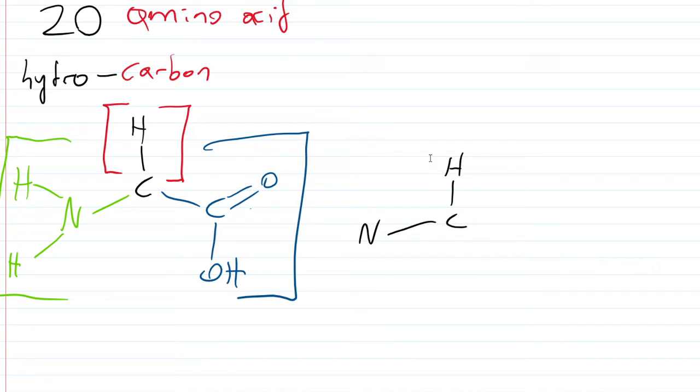Actually, let me draw it really nicely so I don't feel bad. I'm kind of particular about bond angles, but anyway, when we have this whole thing laid out like that, what happens is